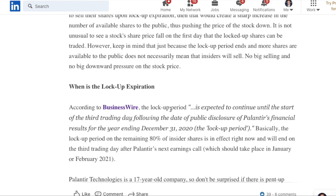Now, what exactly is a lockup period? So essentially a lot of the C-suite individuals and high-level employees and investors in the company have been granted shares as part of their payment package or from their investment. Now, when the company IPOs, a lot of people on paper usually make a boatload of cash. Now, they're not allowed to sell these shares because they own a large chunk of this company. And if they were to sell all of their shares and liquidate their positions on the IPO day, that would create some insane volatility and the price of the stock would fall through the floor due to basic supply and demand principles, because there's not going to be enough demand to buy all of the shares that these people want to sell. But after this period ends, these people will be able to sell their shares, and that's going to create an interesting scenario for Palantir coming up, and a lot of people are going to expect the share price